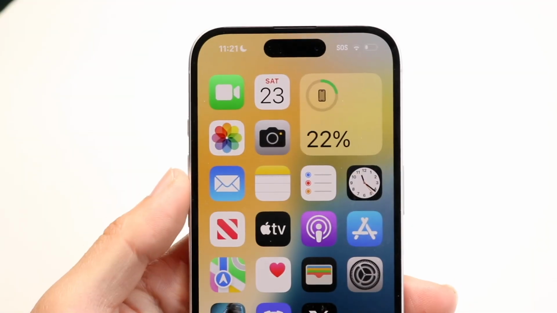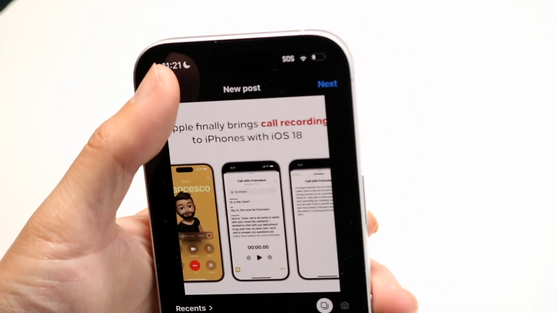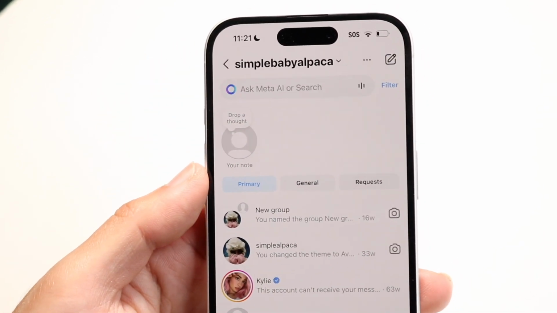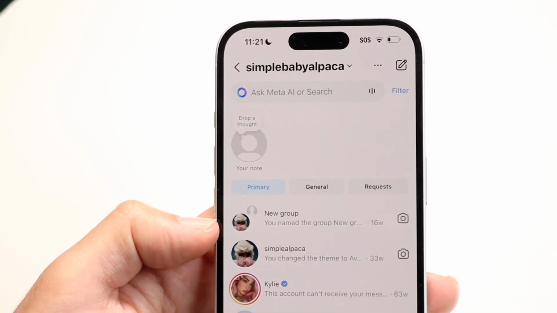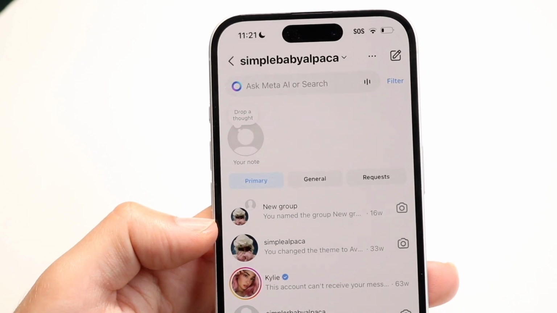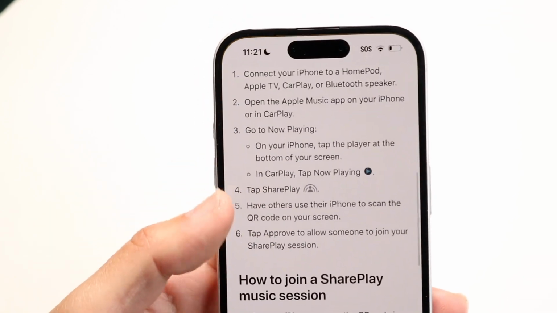So you might be in this crazy situation where for some reason your Instagram chats and your Instagram messages just randomly disappeared. So if I'm on Instagram, right, and if I just went ahead and swiped through, you might see that if these chats just randomly disappeared for some reason, that might mean that Instagram itself may just be having issues. So the first thing I'd recommend doing there is to go ahead and just make sure